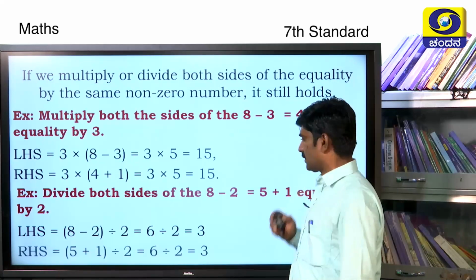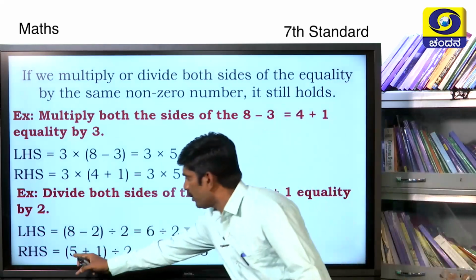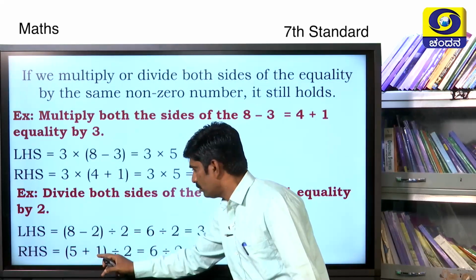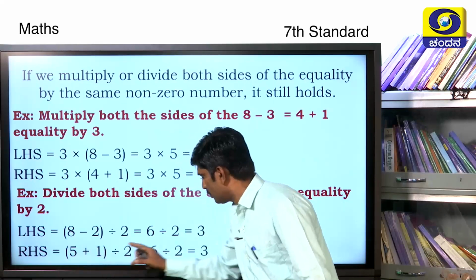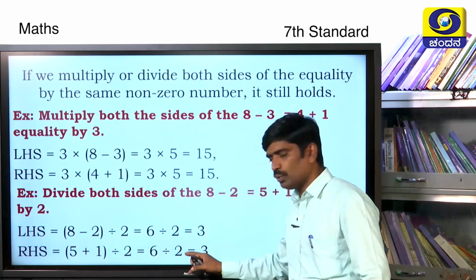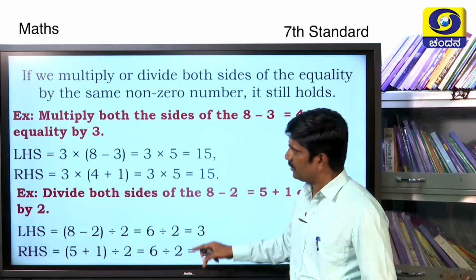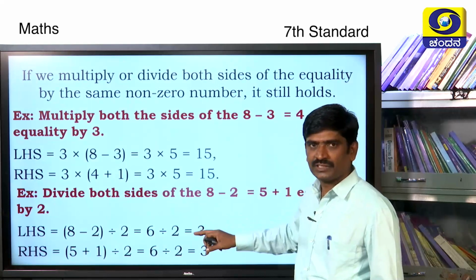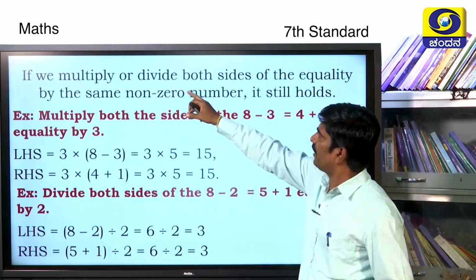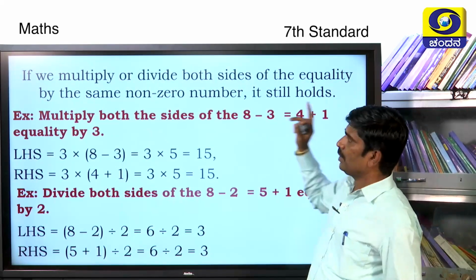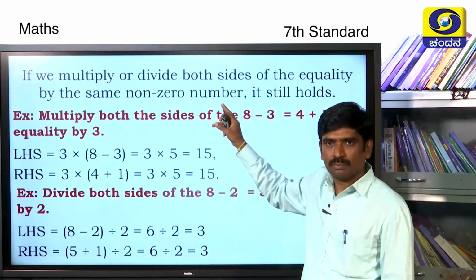Then what is RHS? In RHS, 5 plus 1 divided by 2. 5 plus 1 means 6. 6 divided by 2 is also 3. Yes, LHS is equal to RHS. Multiplication and division: if we multiply or divide both sides of the equality by the same non-zero number, it